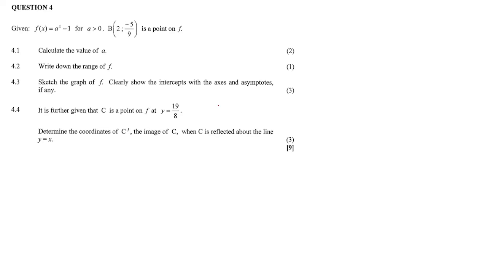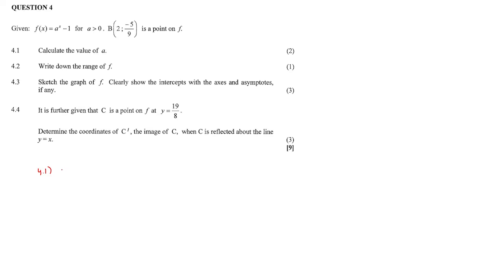Hi guys, today we're going to be looking at a functions question. Given that f(x) is equal to a to the power x minus 1, for a greater than 0, and B is the point (2, -5/9), a point on f, calculate the value of a. So we have our equation and we have a point on the graph, so we can just sub in